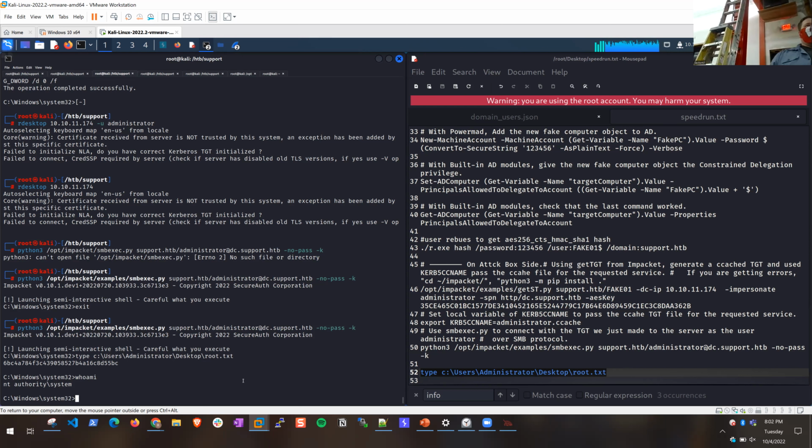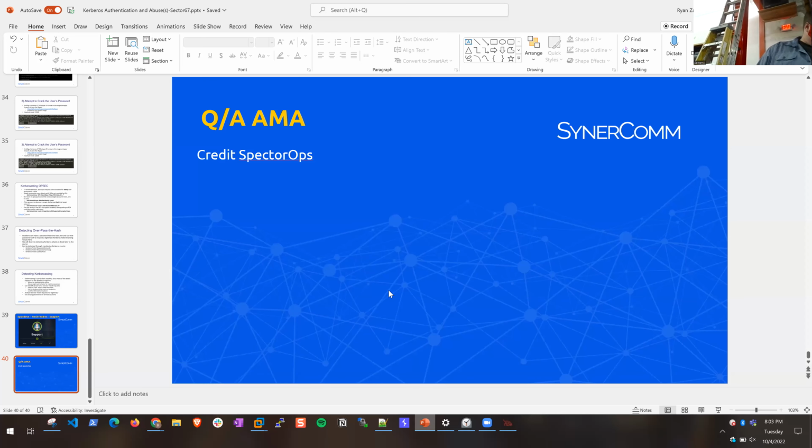At DEF CON, they turn off all the printers because people will print what's called black pages, thousands of black pages. So, shenanigans that I will not do. Yeah, it gets ridiculous.